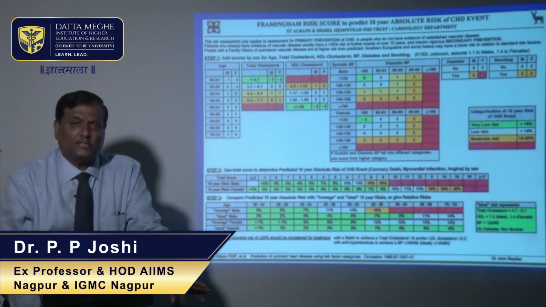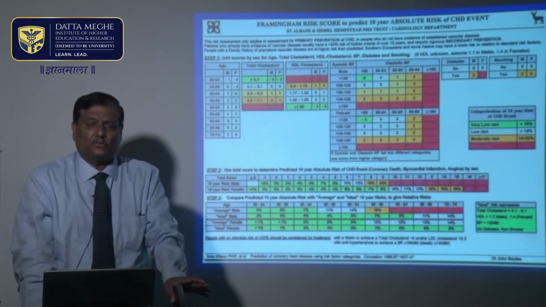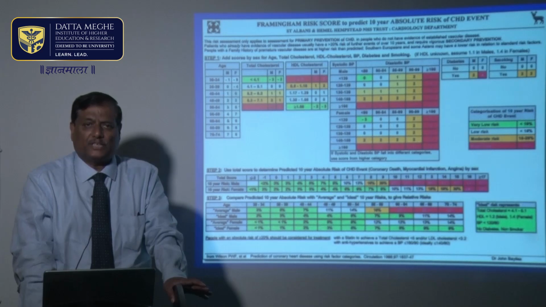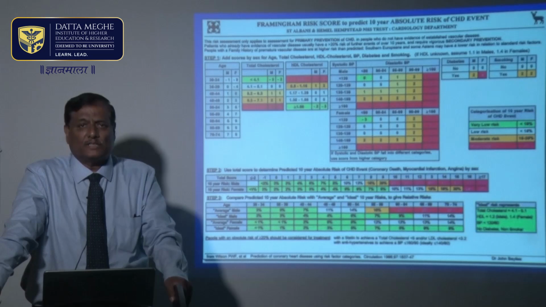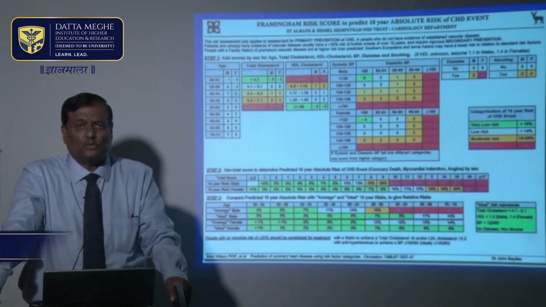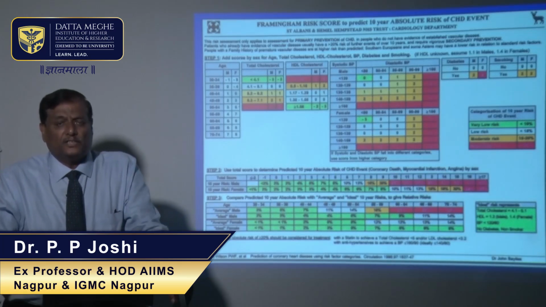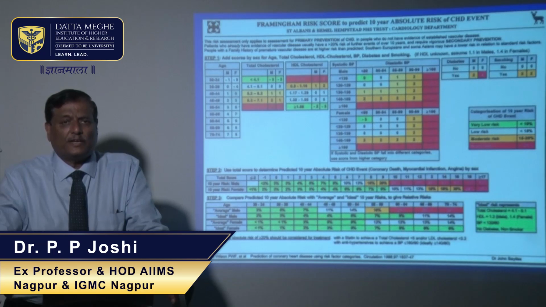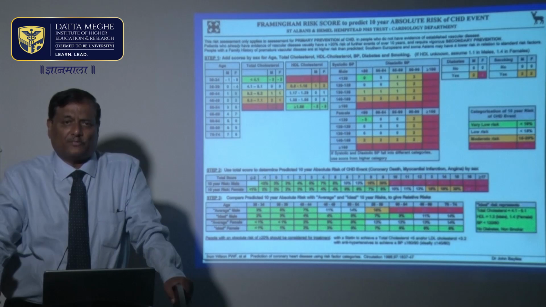So, what is very important to understand in the treatment of hypertension is that we do not have to treat the number, we have to treat the patient. For example, if there is a young patient whose blood pressure is 160 by 100, about 45 years old, he is not a smoker, he is not obese and he does not have diabetes, in this situation we are not very aggressive in bringing down the blood pressure. We give him a chance to bring down his own blood pressure by lifestyle modification.